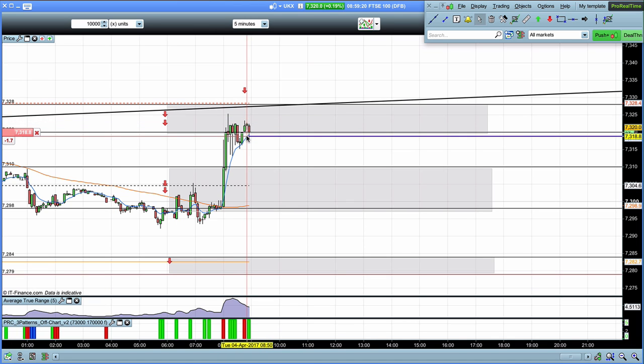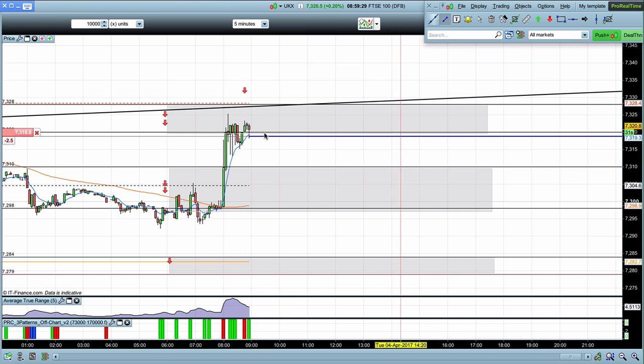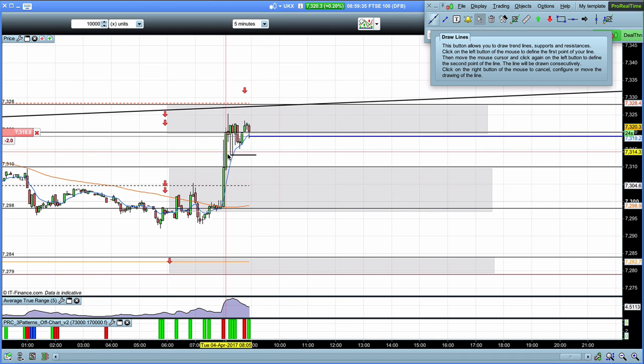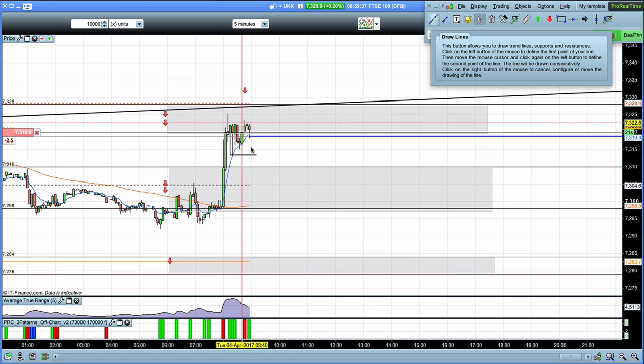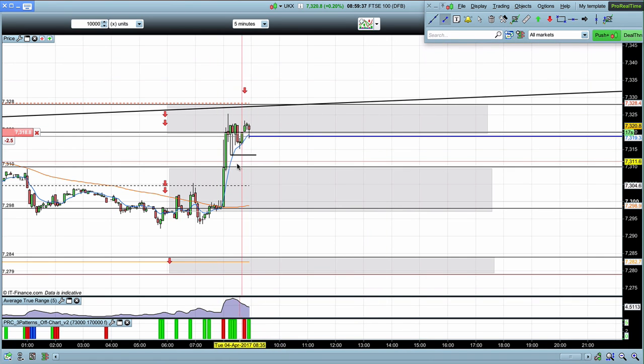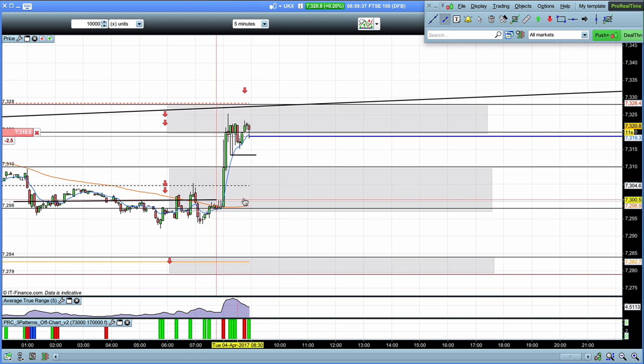Now, what am I looking for? Well, first thing is my stop is relatively tight. It's only 10 points. I want to be a little bit careful of these previous spikes down right here. If we see the market breaking down, I want to watch for reactions here. However, I am looking to take the market down for at least 1-to-1 risk to reward and potentially closing partial profits, looking to take the market down into the bottom of this zone,